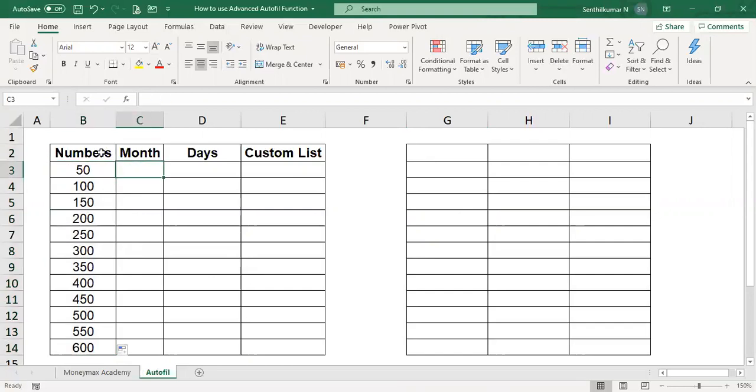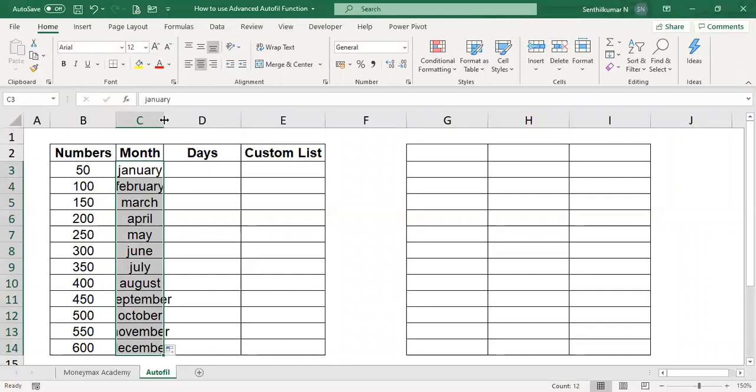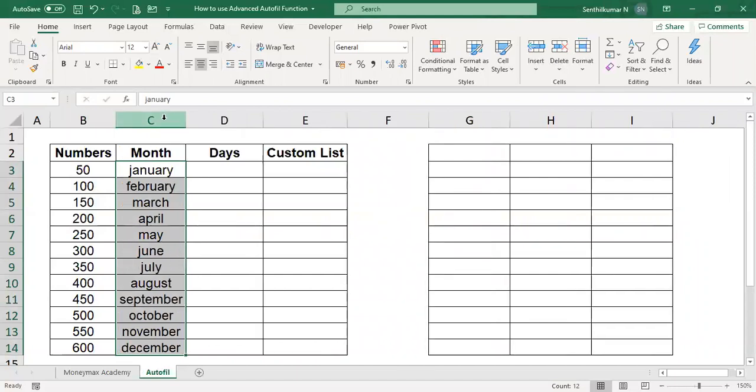Now suppose you want to get the months, Jan, Feb, March, April. You just type Jan and then drag, or double click. Or you want to get it in full, January, February like this. You can type and drag it, and you can get the entire word, not just three letters.